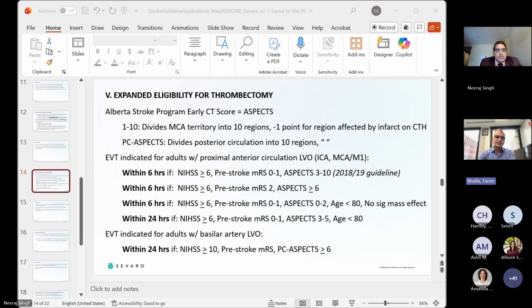Yeah, absolutely. I think that's a great question. And I want to also come back to the ASPECTS 0 to 2, because we talked a little bit about the low, we talked a bit about the